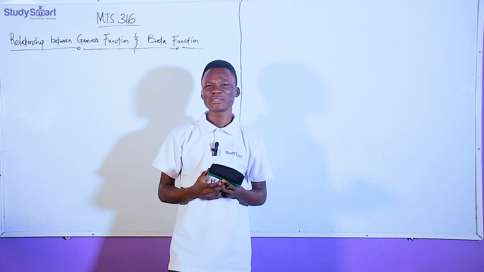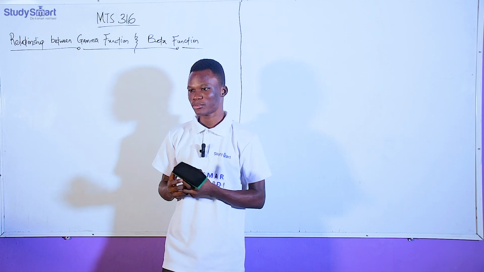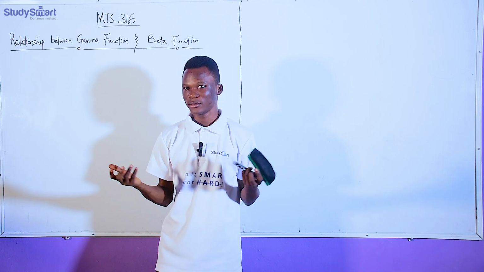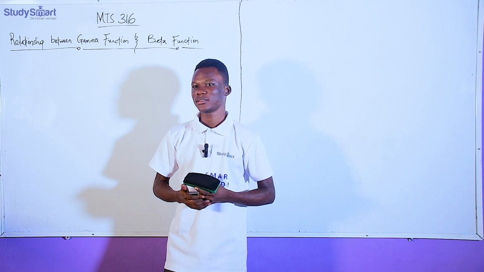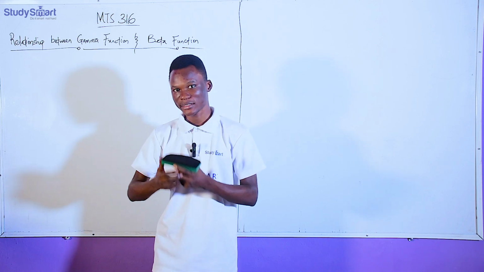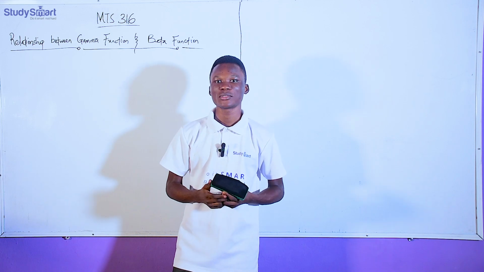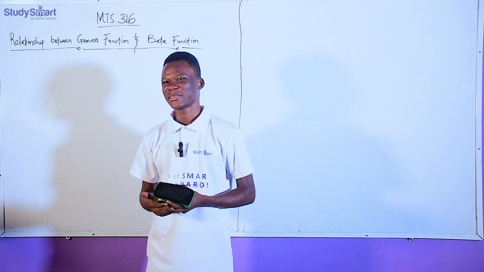So it's always expedient for you to know how to derive this relationship because it can come out in your test or exam. So just know how to derive it, and that's exactly what I'm going to be teaching you guys in this video, and how you can solve examples with this particular relationship and at least scale through